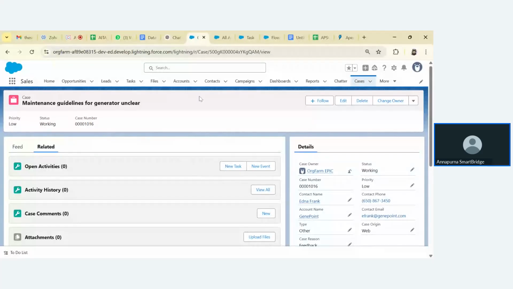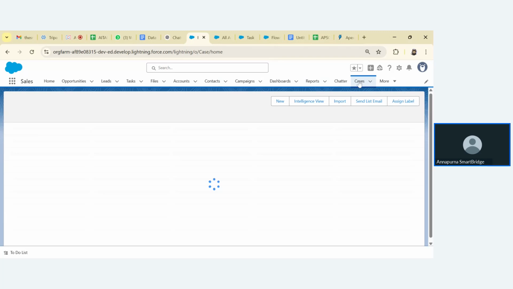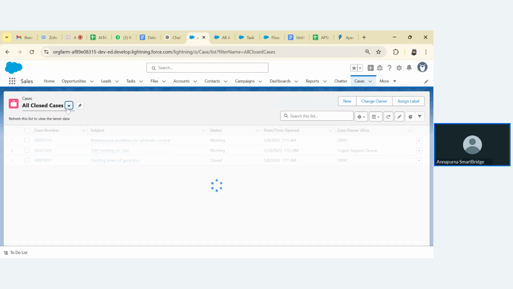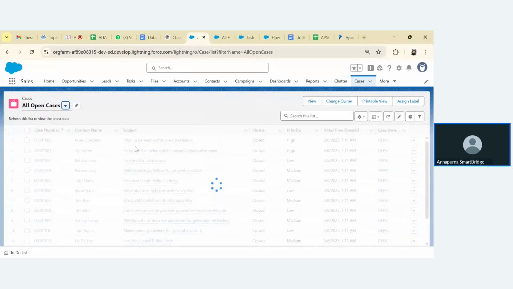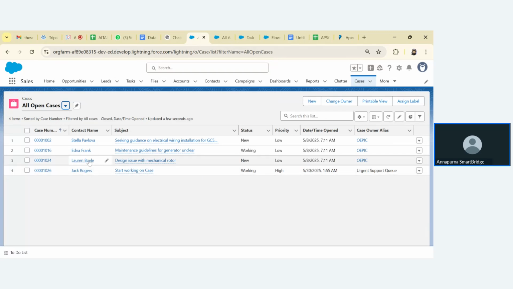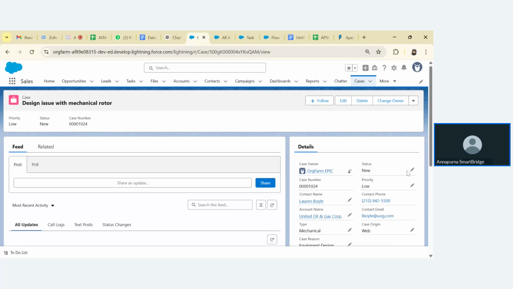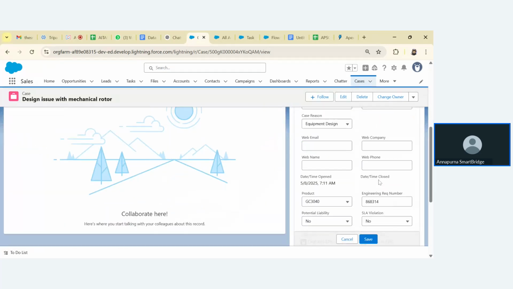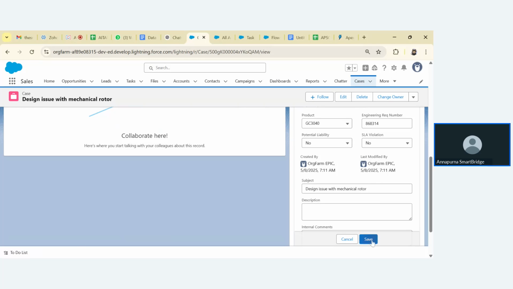come back to the user interface, and here, guys, what we are going to do, sometimes it may not reflect immediately, but let's check whether it is working or not. See, these are all closed cases. I want all open cases. Here these are the open cases. I want to change this Lord and Boyle status to working, and here subject, yeah, it is having some subject. Click on save